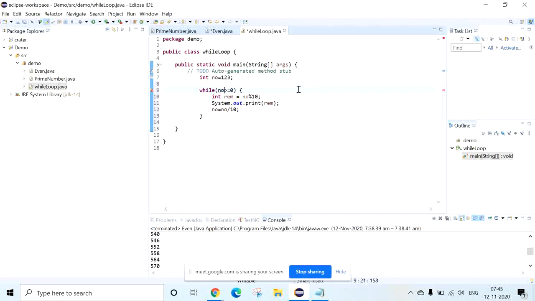Otherwise we can give number not equal to 0 also. We can check and give any condition to practice this.